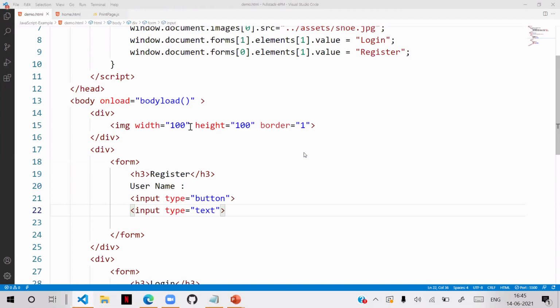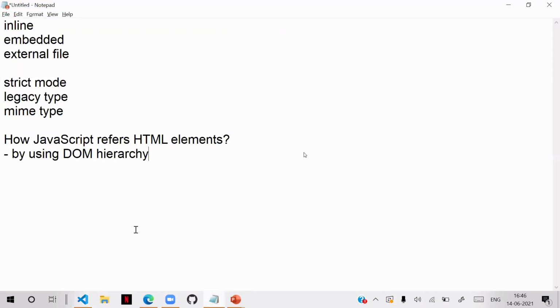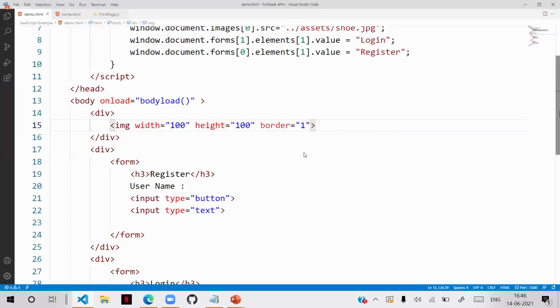So that is the DOM hierarchy. By using the DOM hierarchy, we can refer, but we have some issues. So we can use another technique, that is, refer by using name, for every element inside the page.